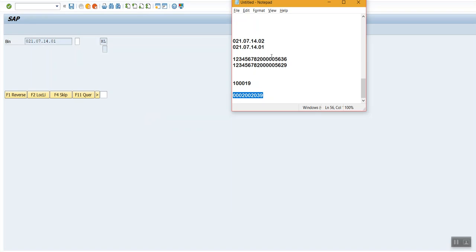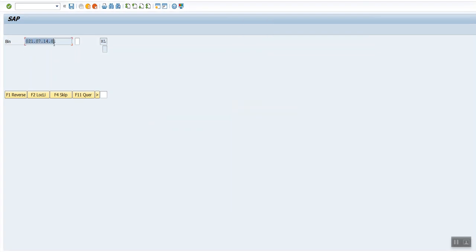Okay, so now see, this is the first bin it is showing to us. Let's verify the bin. Enter. And this particular HU I will mark as missing. I entered, and then here if I choose F4, which is not existing, it will show the pop-up: do you want to mark all non-counted HUs as not existing HUs?